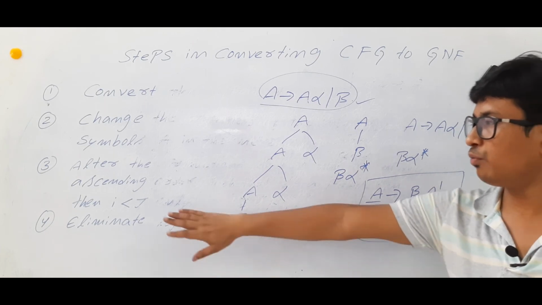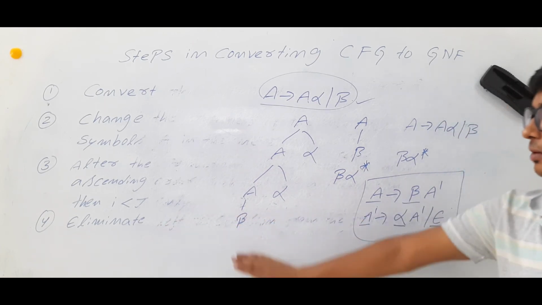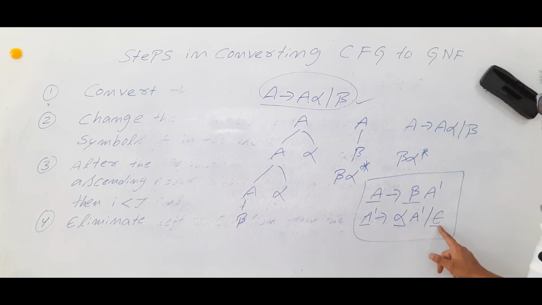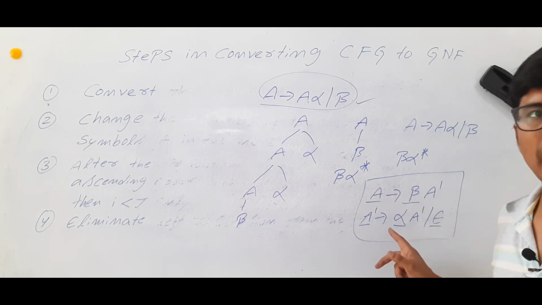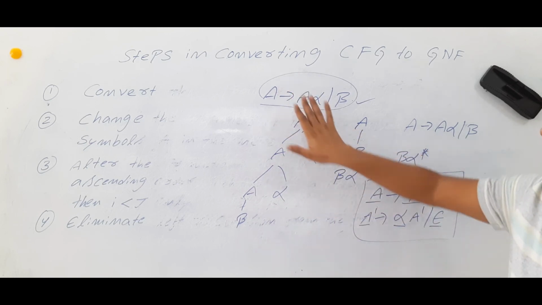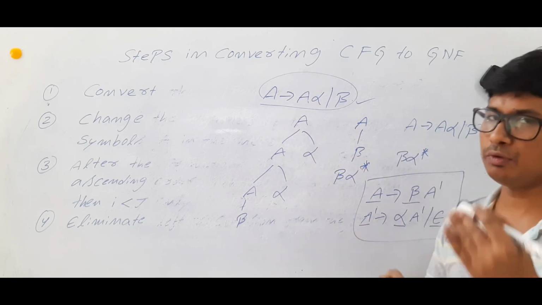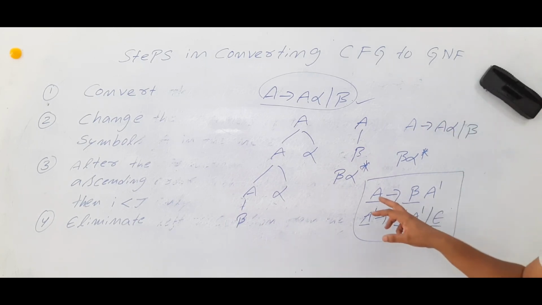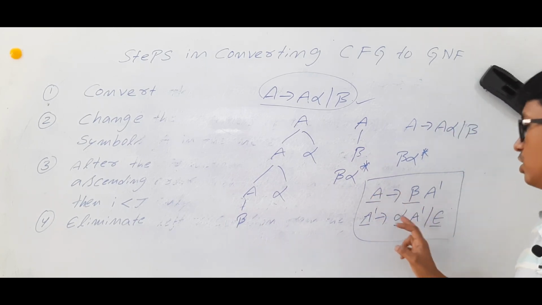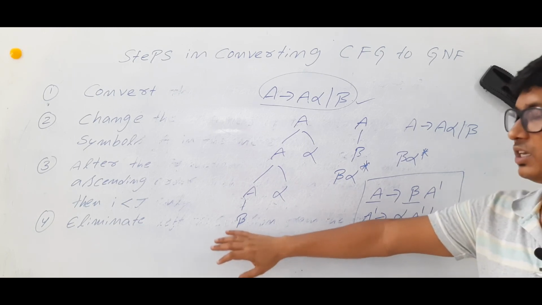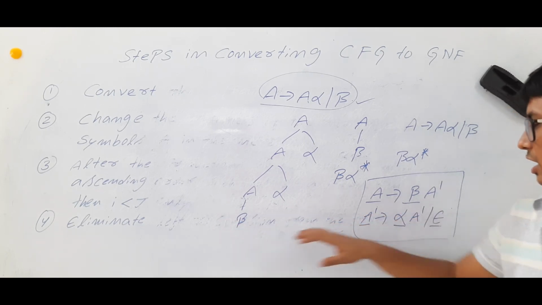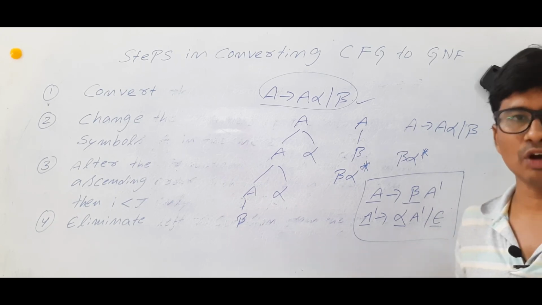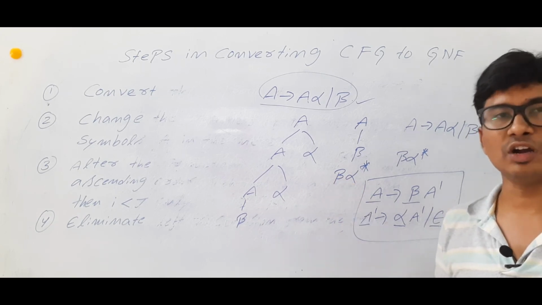Is it clear? Whenever we are doing this step for eliminating left recursion, remember one thing, we should eliminate the epsilon productions. Here I have converted the left recursion grammar to right, but whenever we are converting into GNF, it should not have epsilon productions. It can have an epsilon production only if it is the start symbol. So after converting the left recursion grammar, we will have an epsilon, and we will try to remove these epsilon productions if it is not a start symbol.